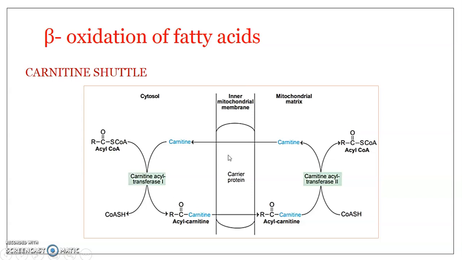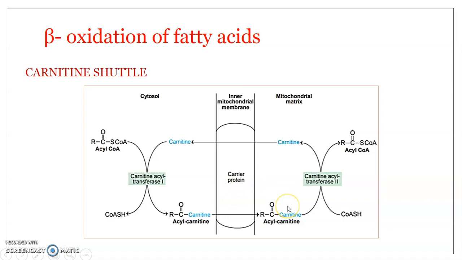Translocase in the sense of changing the location, isn't it? So from the cytosol to the mitochondrial matrix, that is what the carrier protein is doing. So here it is carnitine translocase, the carrier protein. It helps in the facilitated diffusion of the acyl carnitine from the outer surface of the inner mitochondrial membrane